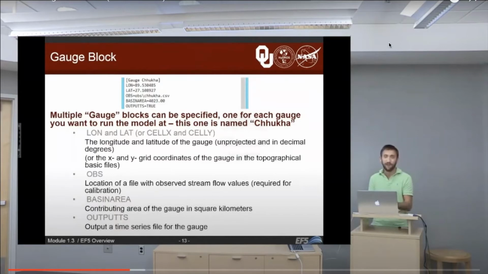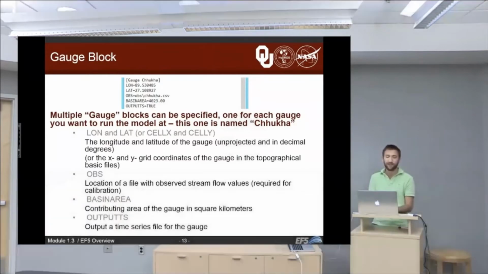To a location that holds a file containing the observations. That's not required for simulation, but it is required for calibration because the model has to have something to compare